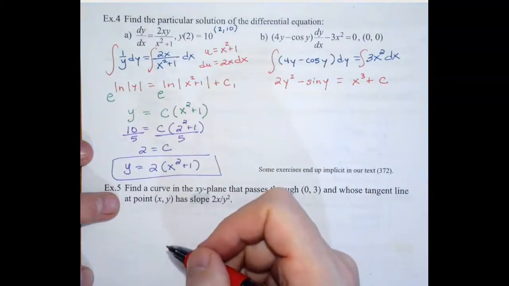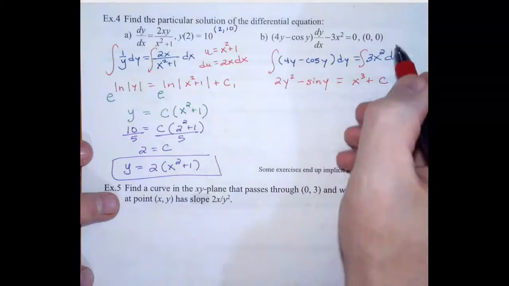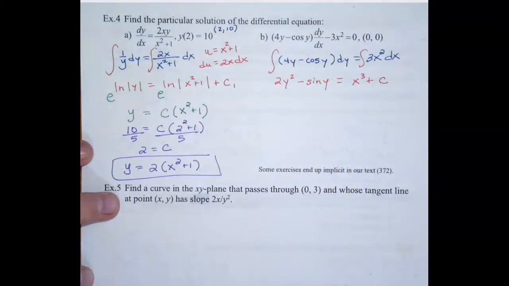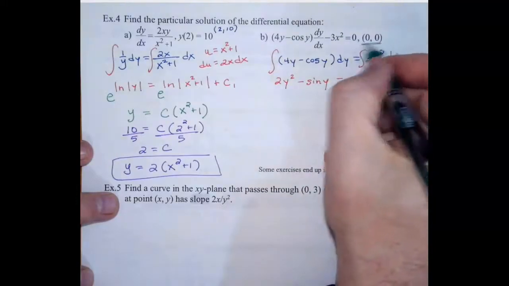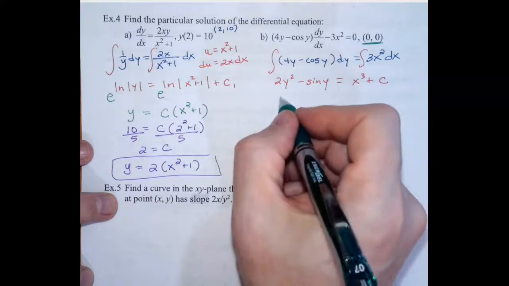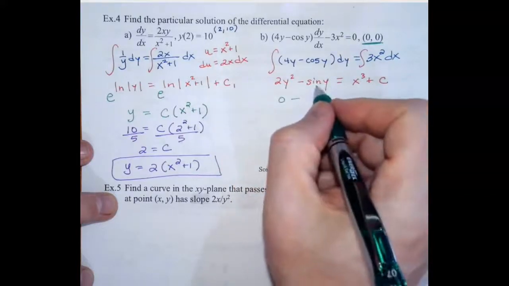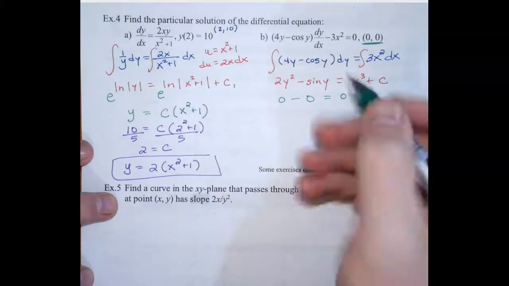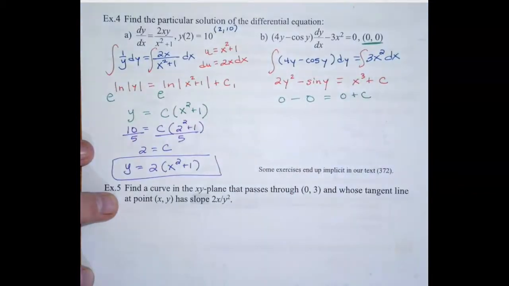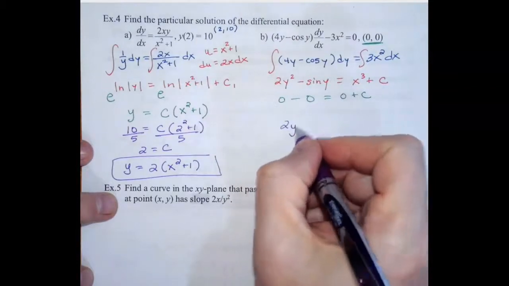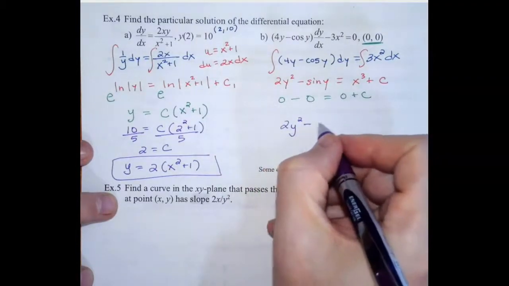Alright, so we talked about there are different opportunities you have to plug in the initial condition. When you see a spot that looks good, I think this looks good before it starts getting messy. So if we plug 0 in there, that's going to be 0. The sine of 0 is 0, and 0 cubed is 0. So c actually turns out to be 0,